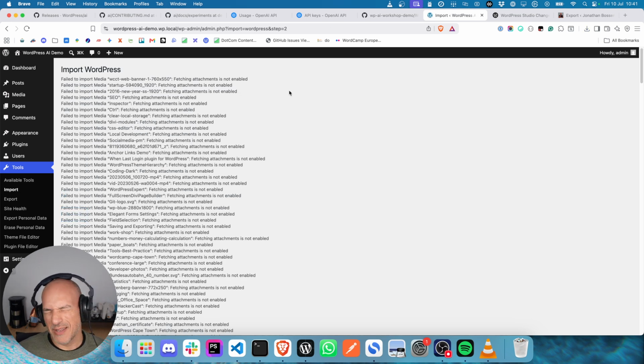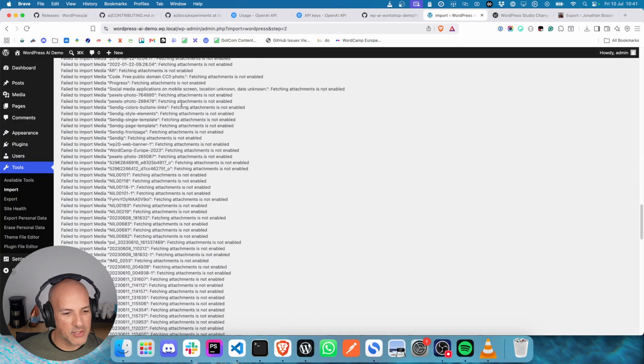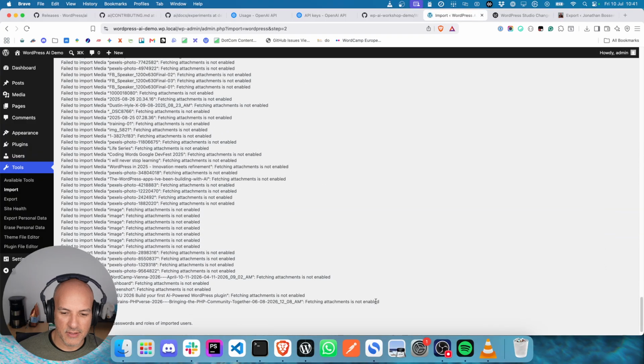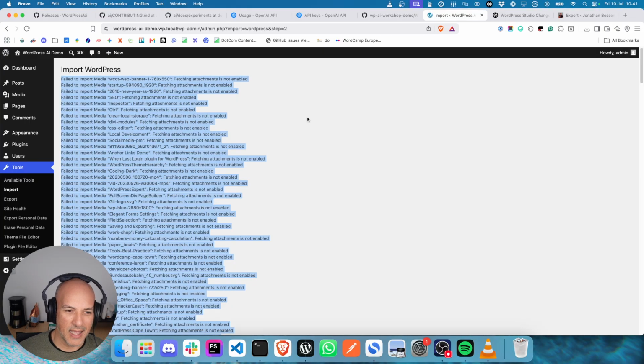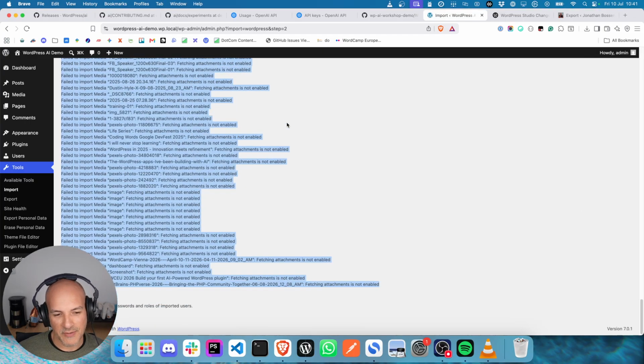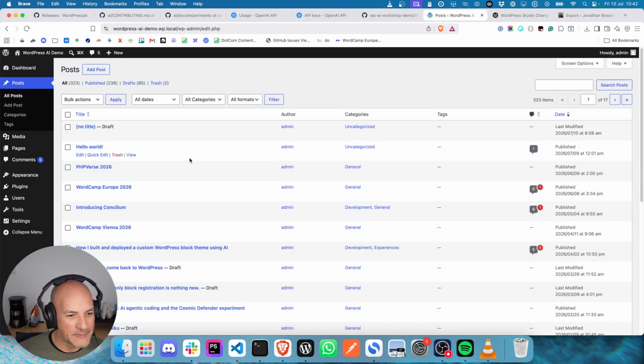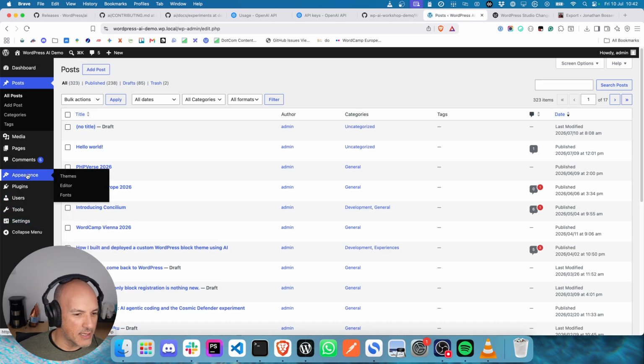If anybody watching this wants to submit a fix to WordPress, this failed to import media error comes up when you import. I specifically said I don't want to fetch attachments. So the fact that it's showing me this message in the first place, I think is daft. It should only show you this if you've selected to fetch attachments and it couldn't fetch one. So if anybody feels like fixing that in WordPress, please do. I might get around to submitting a patch for it one day. Today is not that day. But okay, let's go